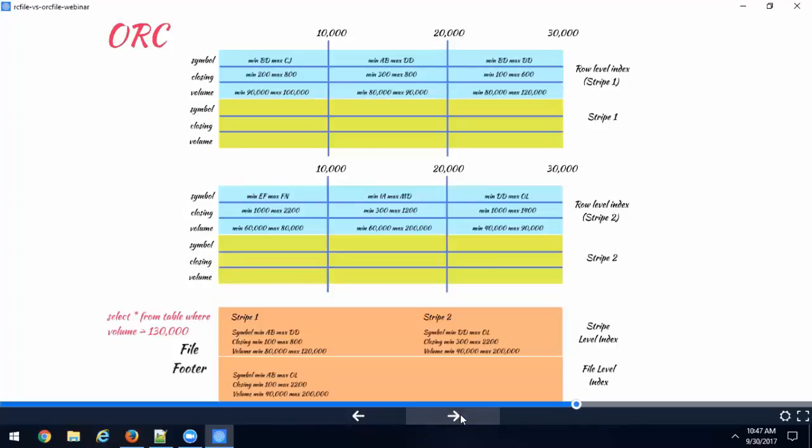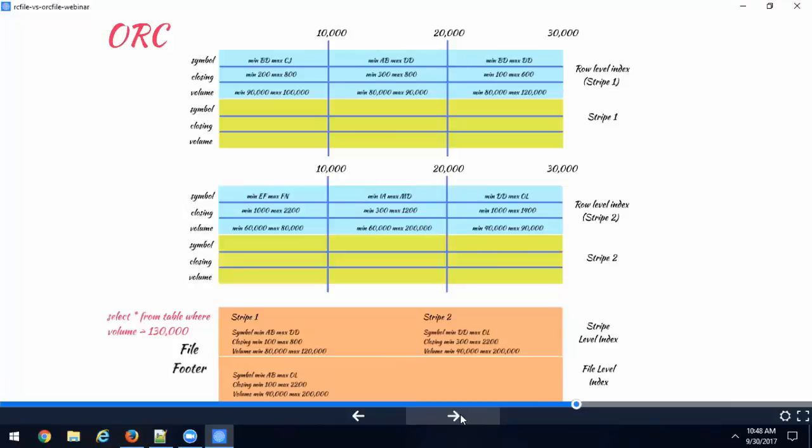So what makes ARC special, and what is the difference between ARC and RC? Very similar concept, guys. ARC stands for optimized RC file, so the O stands for optimized. They've taken the entire RC file concept and made it better. You still have the horizontal partition and then the vertical partition. The same concept still applies. ARC does the same exact thing. It divides the data horizontally. In RCFile, you call it a row group. In ARC, you call it stripes.